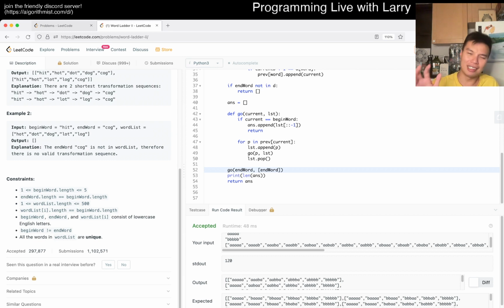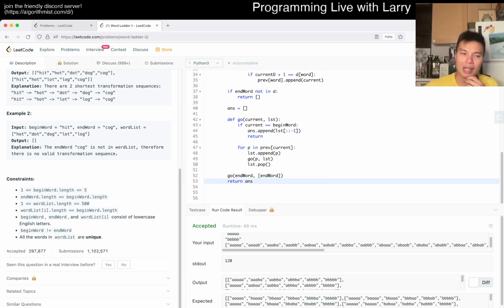My math is terrible. I guess it's more like 15, 16. 16 is 48, right? So you have 16 of these, and each one gives you 120 answers. So it's 120 to the 16, which is going to be too slow. So this is exponential, as I said. So yeah, that's pretty much the idea, really.